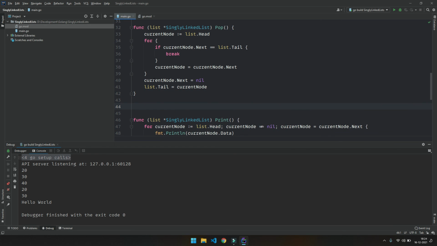And what I'm thinking is to implement a method which will check whether the list is cyclic or not. The concept of a cyclic linked list is that the last element, or any middle element, will point to the head of the list or any other element inside the list. So we are going to check that.